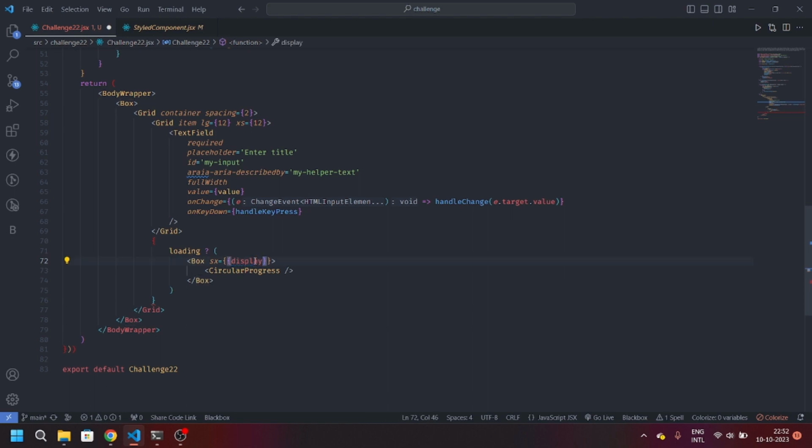We will write custom CSS: display to be flex, justify content center, align items center. It will center our div. And now if the loading becomes false, then we have to show our main thing, the grid first, and inside